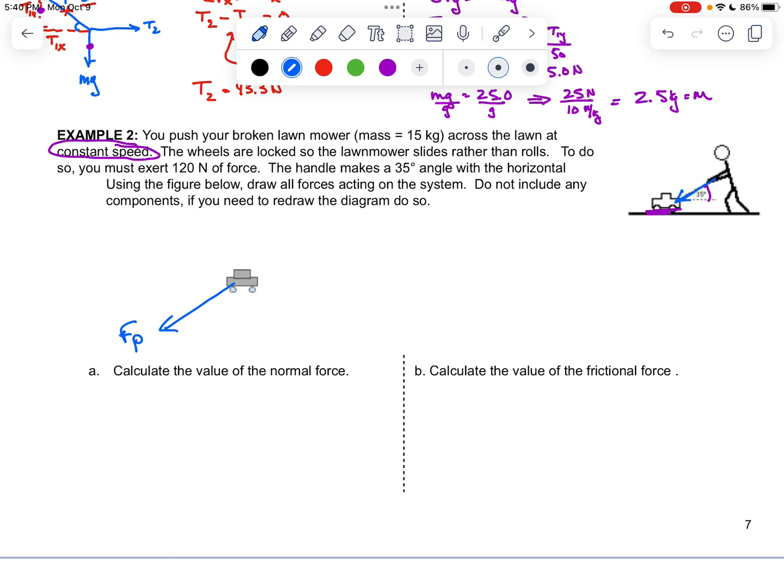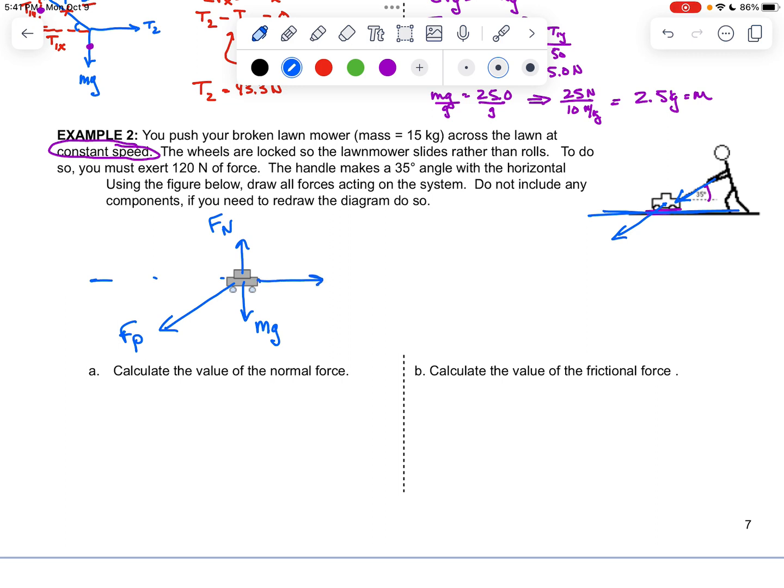Remember, the forces start at the object and move away from it. We're going to have a normal force, which is directed straight up because my surface is horizontal and it's perpendicular. My weight vector is going to be straight down towards the center of the earth. And then because it's moving at a constant speed and sliding, I really have to have some force that's going to balance out this horizontal component here. I'm not going to draw it in because that would mess up my force diagram, but there's going to be